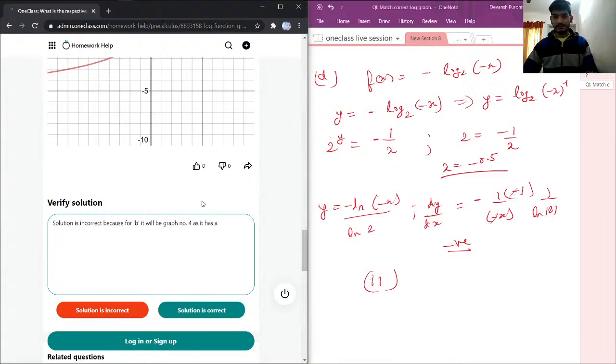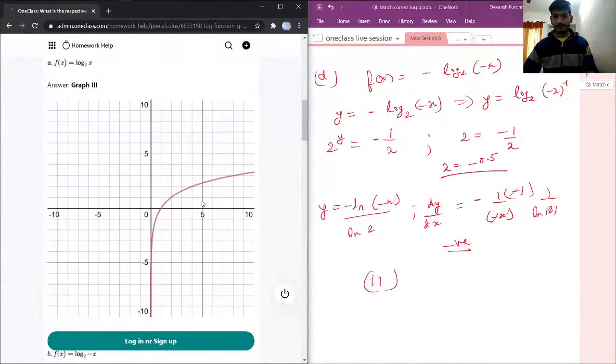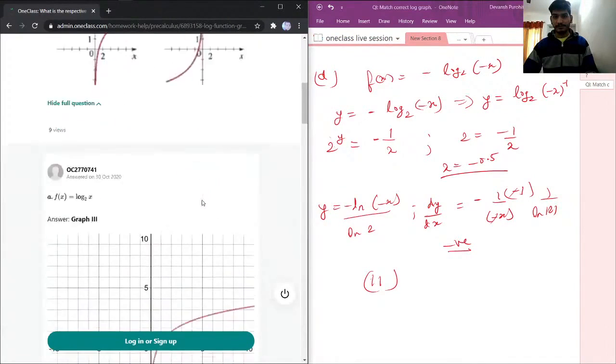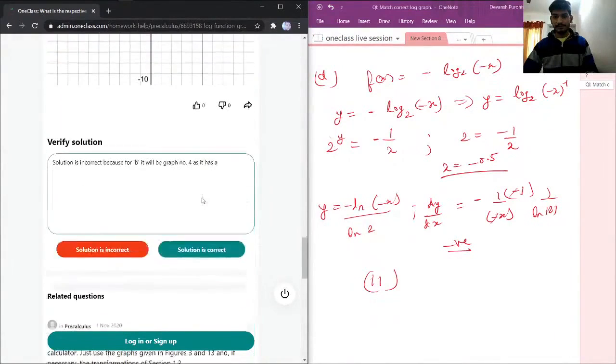Graph number 4 has, I think, a positive slope. Yep, graph number 4 has a positive slope. And for D, it will be graph number 4 because it has a negative